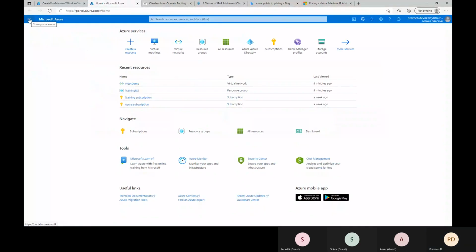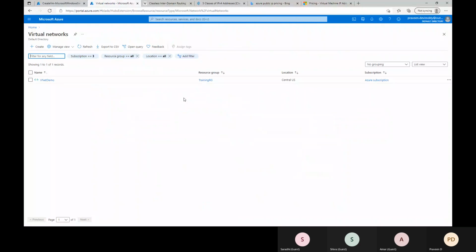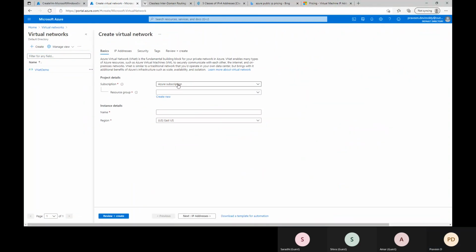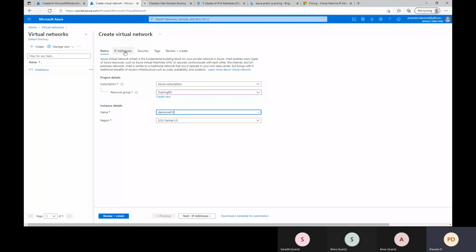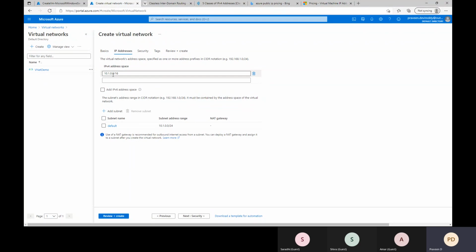Meantime, we can create one more virtual network. I'll give some name. If I go to address space, see, Microsoft has already identified that there is 10.0, so it is referring us to go with 10.1.